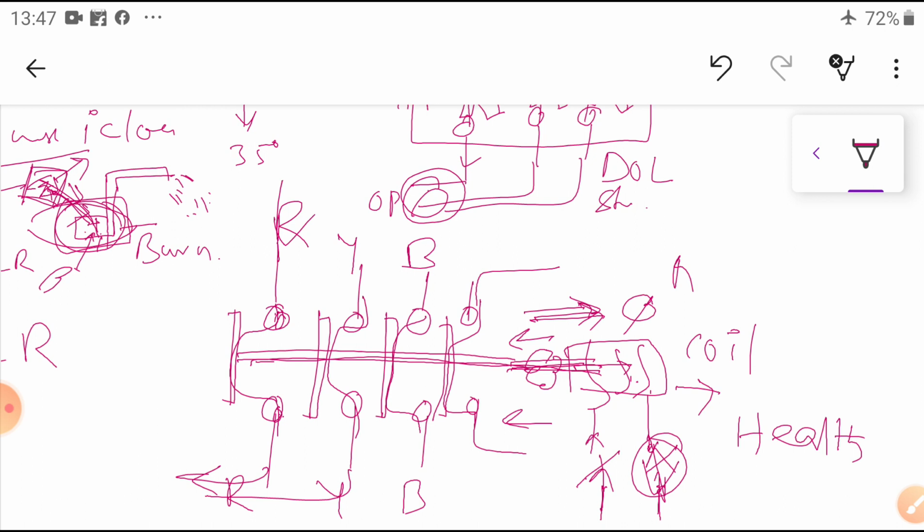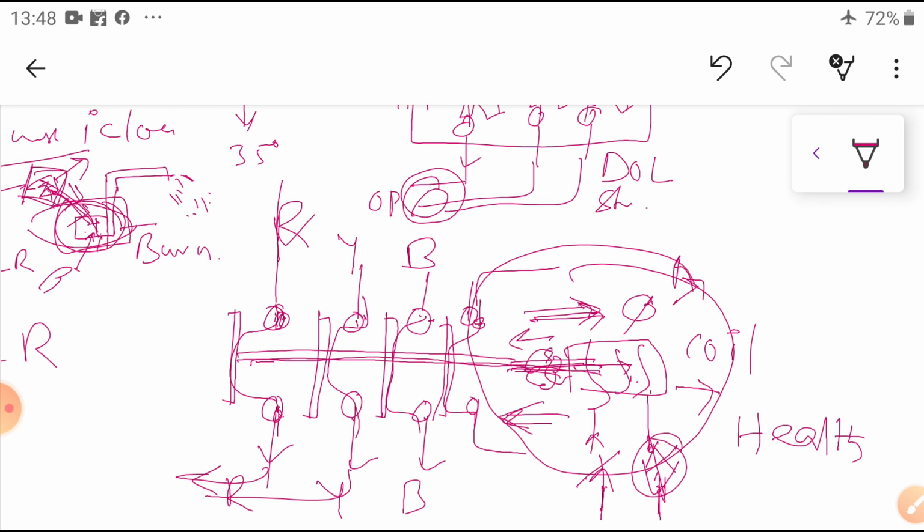If the current to our coil is disturbed and the coil is unable to produce flux, then the deflecting torque here is zero. Due to the spring action, the contacts will go to this side, so all contacts are opened. If they are open, no current flows outside to the motor. So this is R phase, Y phase, B phase. So this is the mechanism connected to this coil.